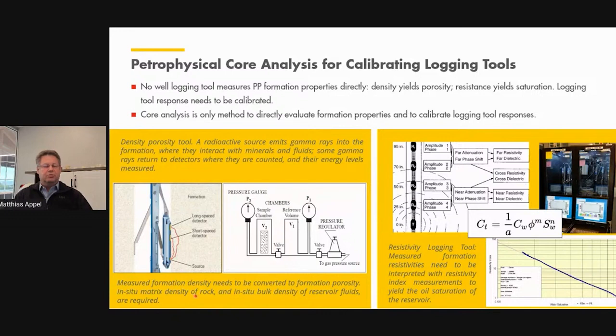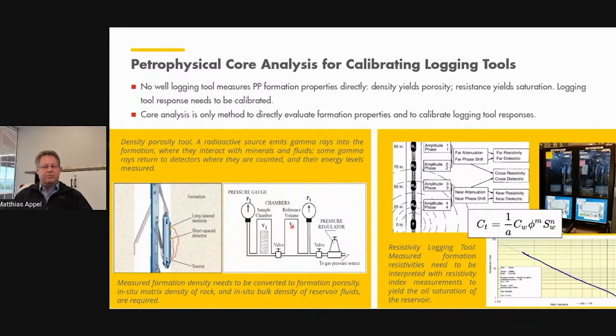Now, in order to translate that formation density into porosity, you need to know the matrix density, the density of the grains themselves, as well as the bulk density of the reservoir fluids. For the density of the formation, the grain density, we have in the industry a measurement which has been established decades ago, where we are using Boyle's law to derive the volume of the grains from the pressure equalization that